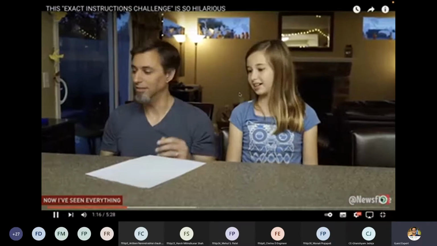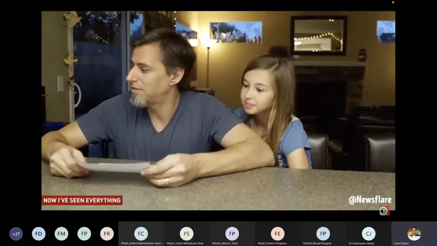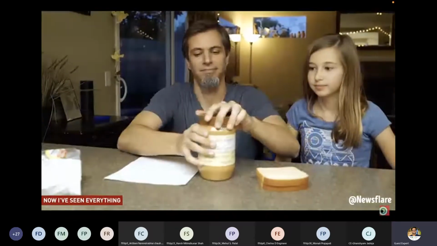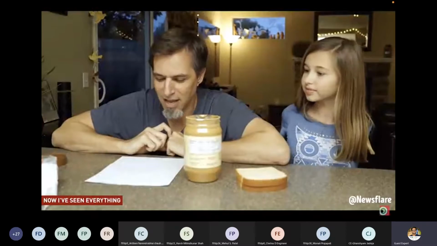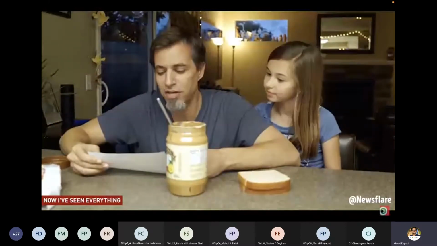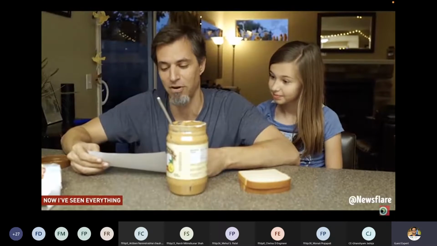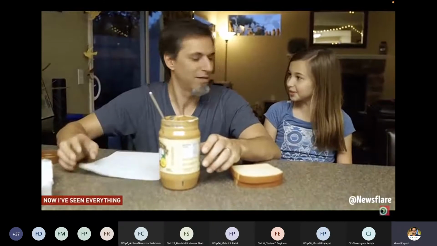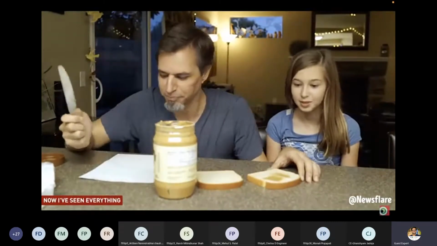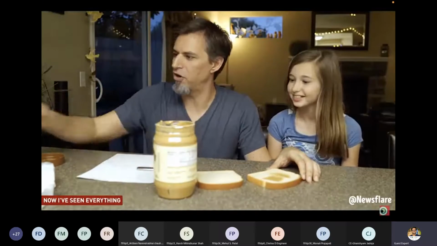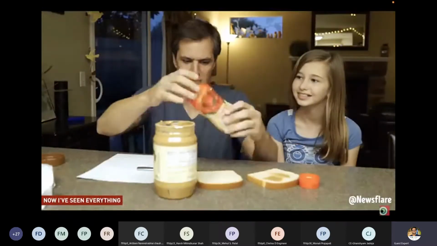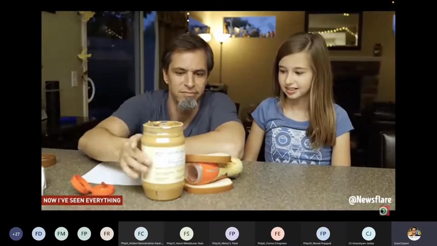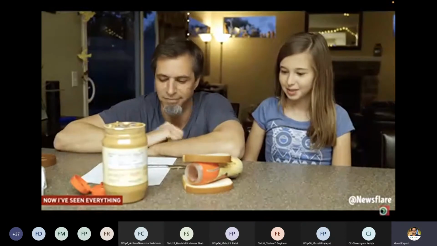Get extremely specific. Oh, good. I'm starving. Take 2 pieces of white bread out of the bag. Take the lid off the jar of peanut butter. Get a butter knife and stick it inside of the peanut butter jar. With the knife, scoop a bit of peanut butter out. A bit, that means like a lot. A bit means a lot? In my world. All right. There we go. Doing better than before, though. Open the jelly jar. Squeeze it onto the other piece of bread. No. Done. Closer.